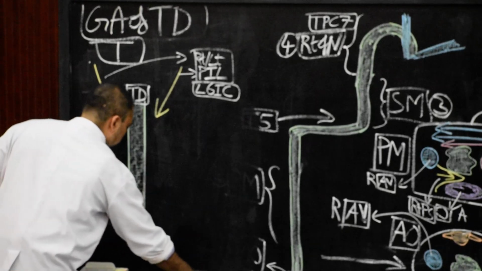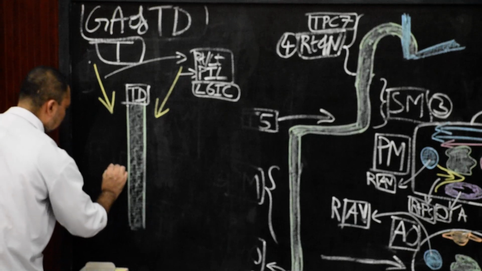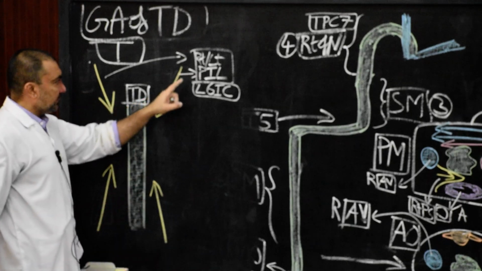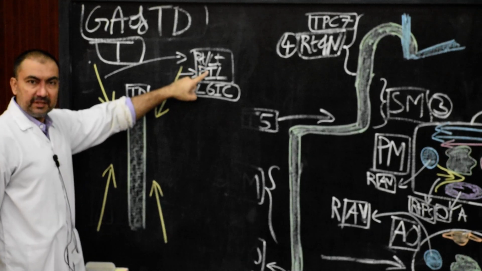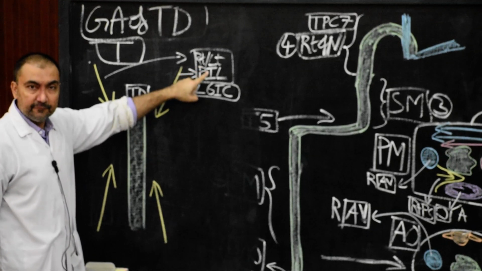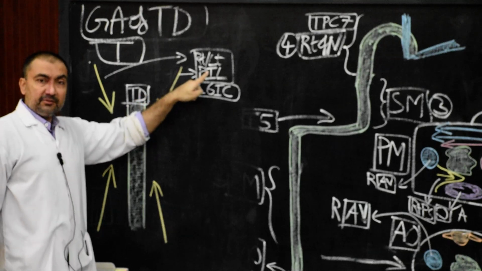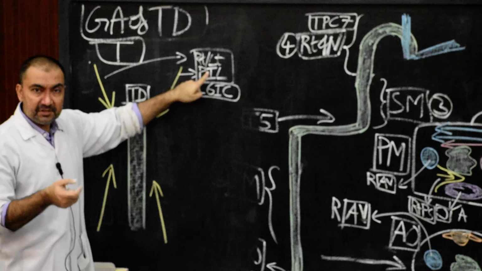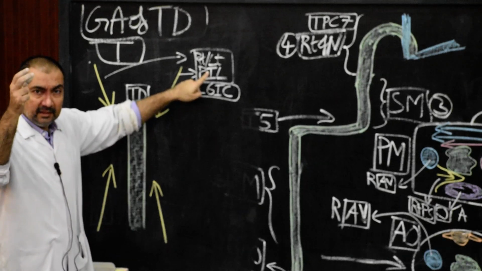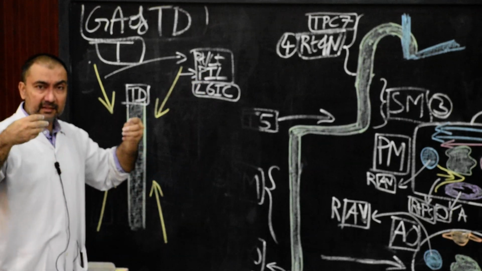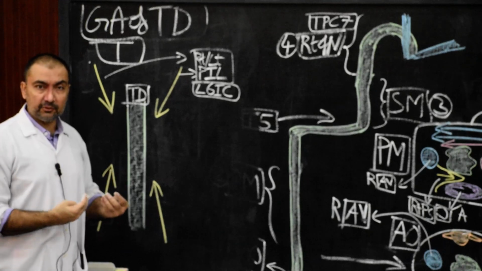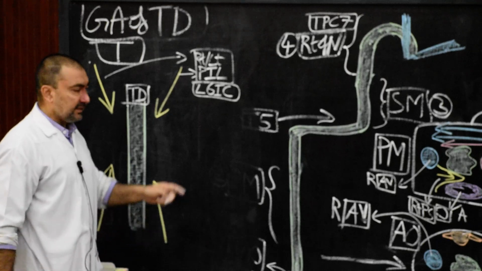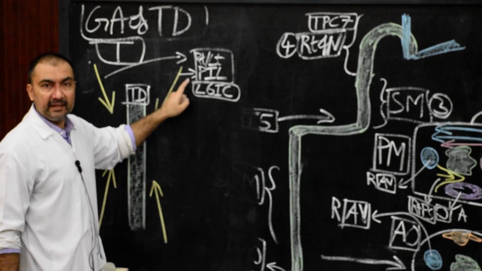Then you draw the ascending ones, because their name will be ascending. These arrows we have put descending because the right and left posterior intercostal channels are the right and left descending lymphatic channels. Sometimes they are also asked, what are the right and left descending lymphatic channels which drain into the thoracic duct? They are the descending channels because they are draining the lymph from the lower 6 thoracic intercostal spaces, right and left side in the thoracic region, to the thoracic duct. That is why they are called the descending lymphatic channels.